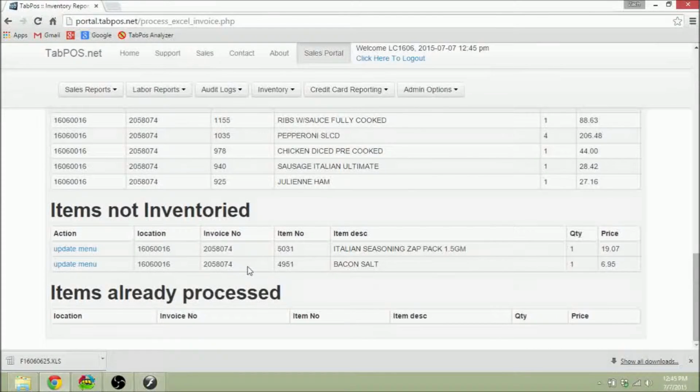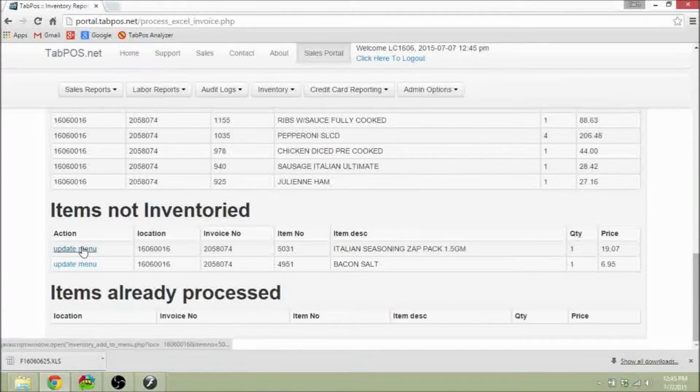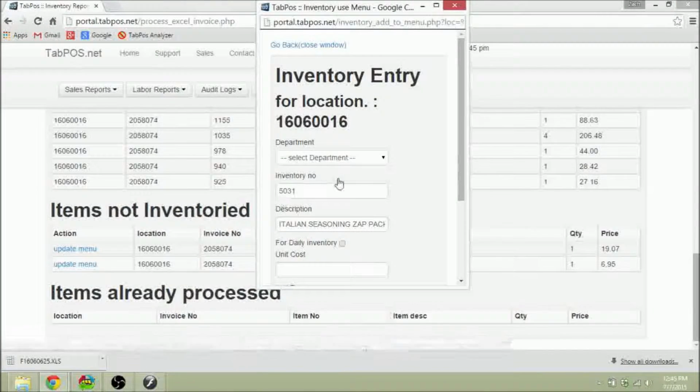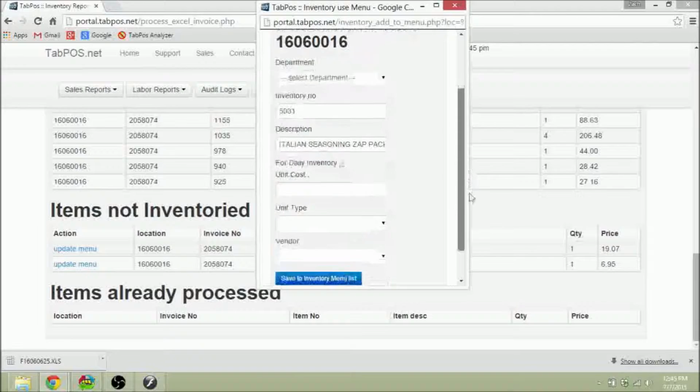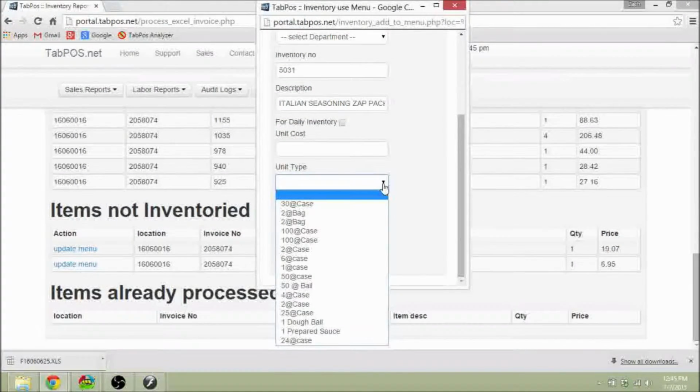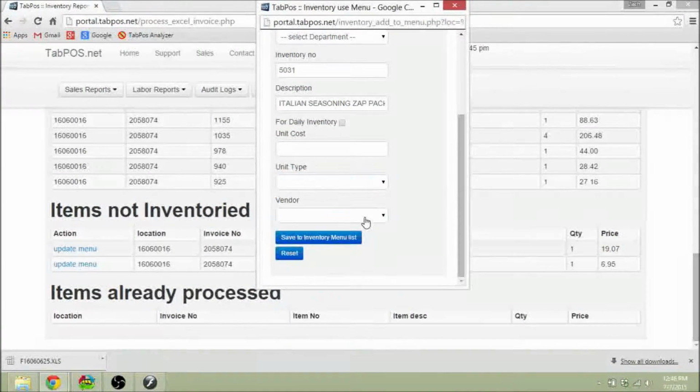The reason behind this possibly will be due to the fact that it's a new item, or possibly the order unit has changed. In this case, the order unit looks like it has changed. So we'd go in here and go to Update Menu, and we would select the proper unit types and the proper vendor, and also a cost for it. As you see, the costs are listed here right off the invoices,